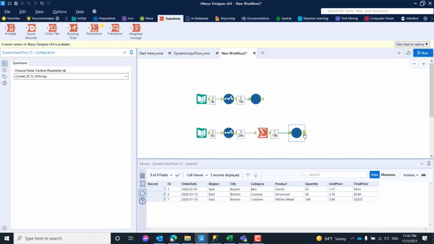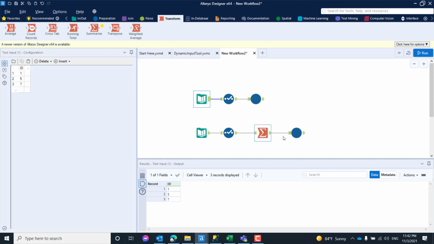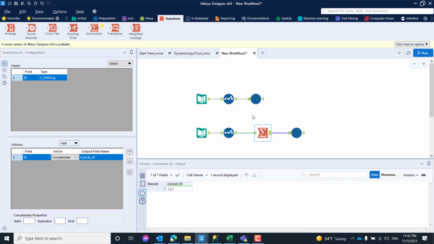Click on OK. Now you can see the dataset returned, but this batch macro ran once, and the previous batch macro ran 3 times because there were 3 rows, and here only 1 row was returned, concatenated like this. So this is a smarter way to accomplish